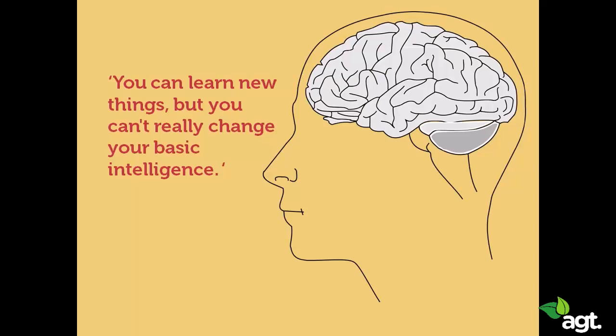If you think intelligence is fixed, then it most certainly is. It will be fixed for you. But if you think that intelligence is in fact something that you can change and that you can build up by putting effort in it and studying and learning, then you are able to increase your intelligence. This is just another version of the self-fulfilling prophecy we talked about in the last class.